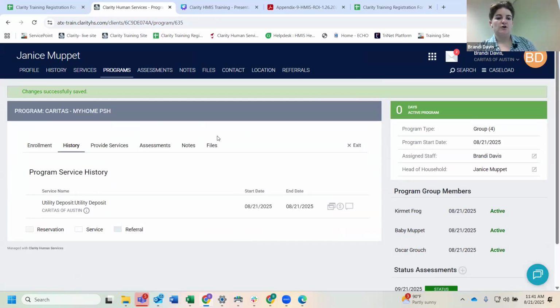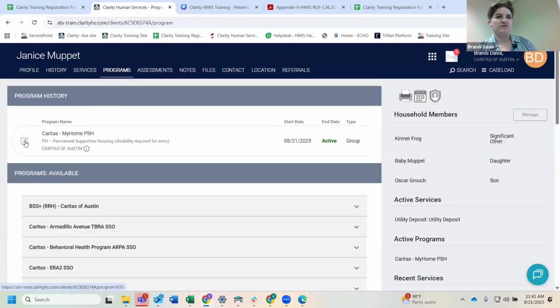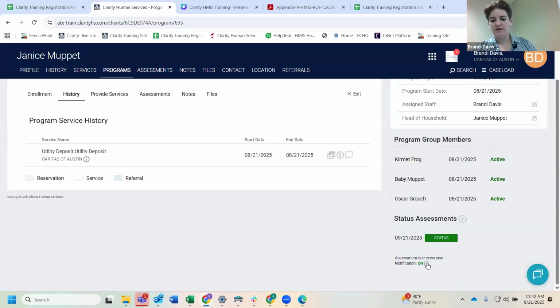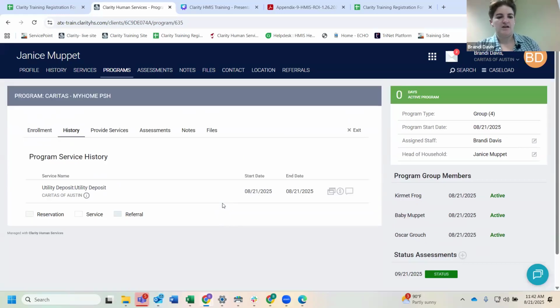So first, we clicked on the programs tab. Then you click on the pencil next to your program enrollment. And that's going to take you to this screen where we have all of our assessments, services, notes, all that jazz. On the right, on the bottom, you're going to see this pencil. And yours is going to say off right now. So you'll just want to click on the pencil. It says on? Okay, good. Yeah, it should be on because we put the annual assessment alerts across the system as on, but for some reason mine hasn't been. So you can also manually edit that.